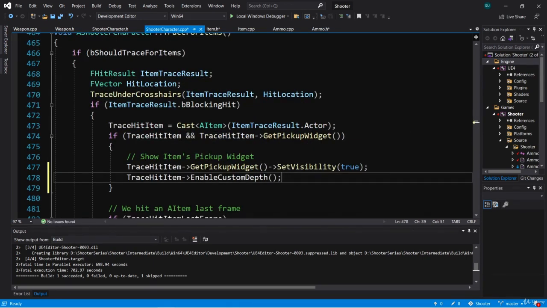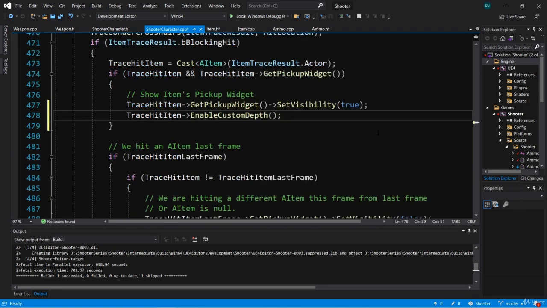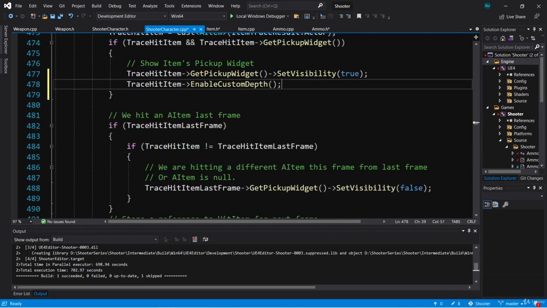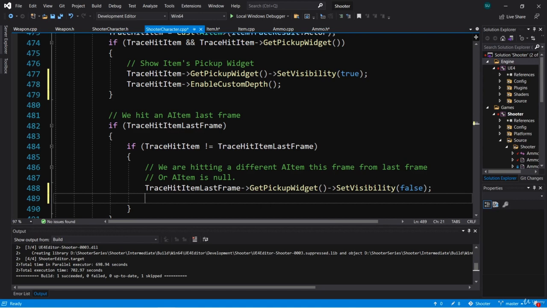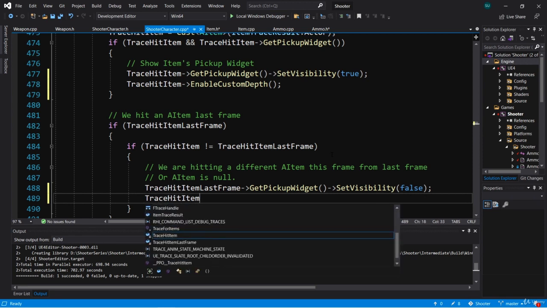Now in ShooterCharacter.cpp, we can call enable custom depth. In trace for items, there's a couple spots where we set the visibility for the widget to false. For example, we do it here when we hit an A item last frame, but we're tracing on a different A item this frame. So we're going to call disable custom depth on the trace hit item last frame. That's the object that we're setting visibility to false on. So we're going to say trace hit item last frame